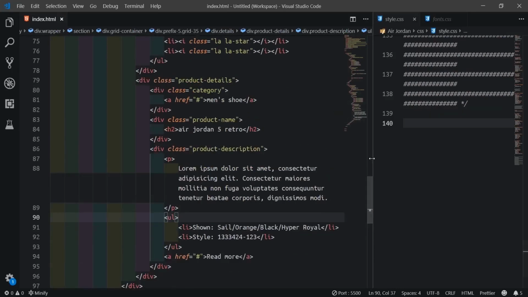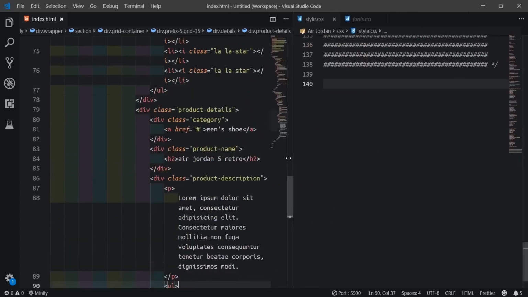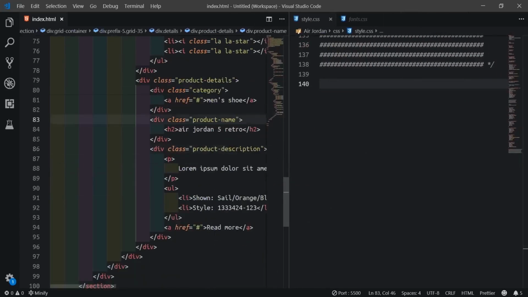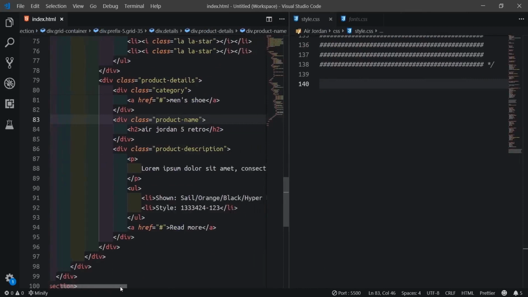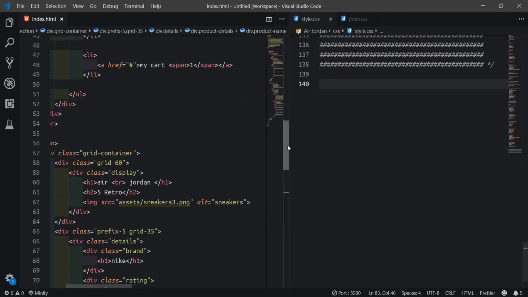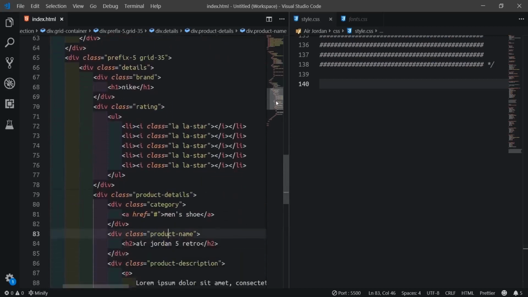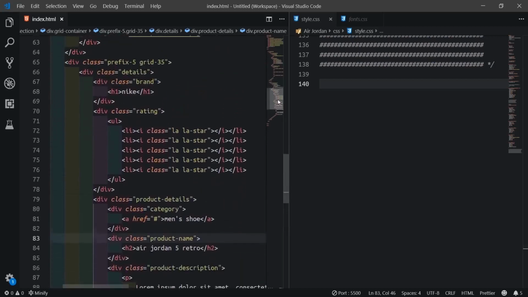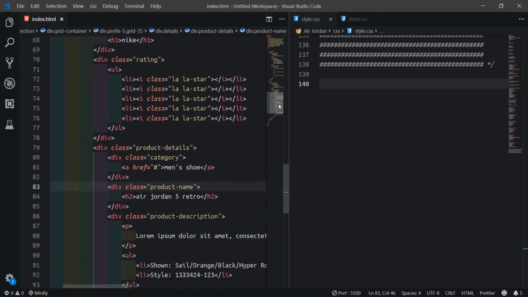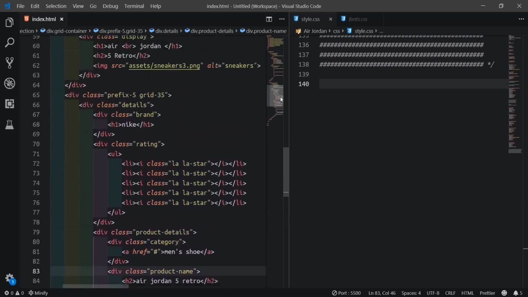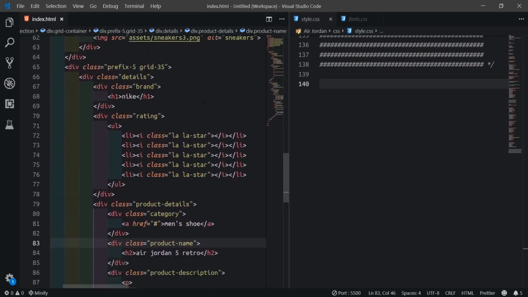Okay, so now we'll type our HTML. What we'll do here now, sorry, refresh this thing and come down so that we can see it. I'm going to target this Nike here, starting with this brand.